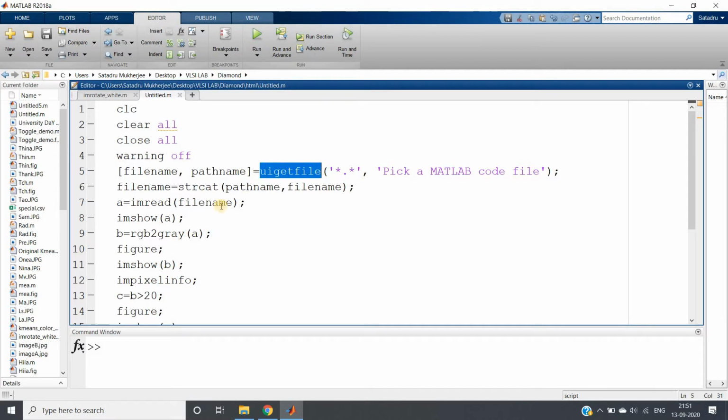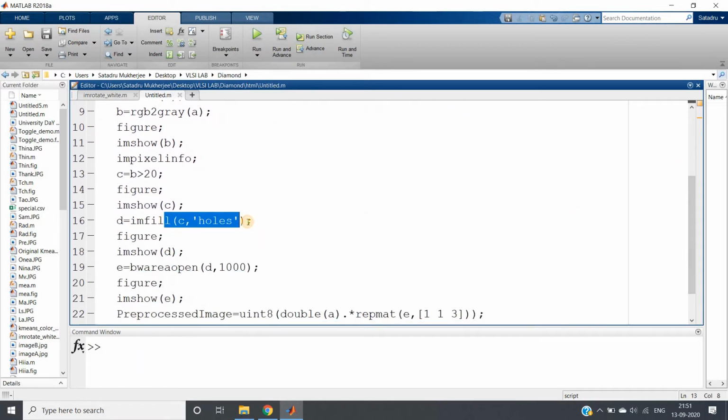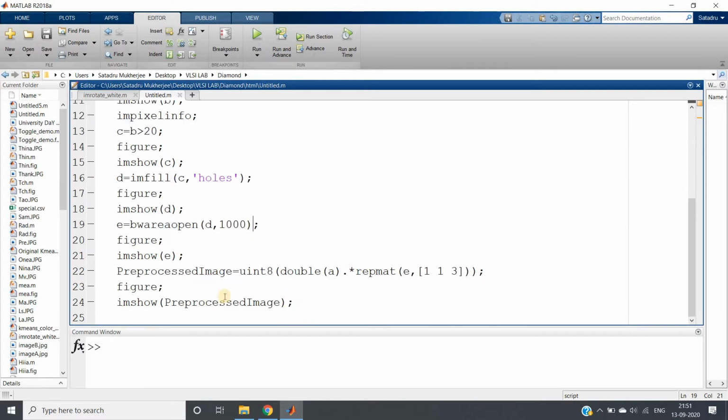Then we converted from color image to grayscale, then binarized it, and created the required filter. How did we create it step by step? First of all, there were some holes, we filled those holes, and to remove some writing part and some scale part, we used BW area open, and after that we applied the filter on our image.